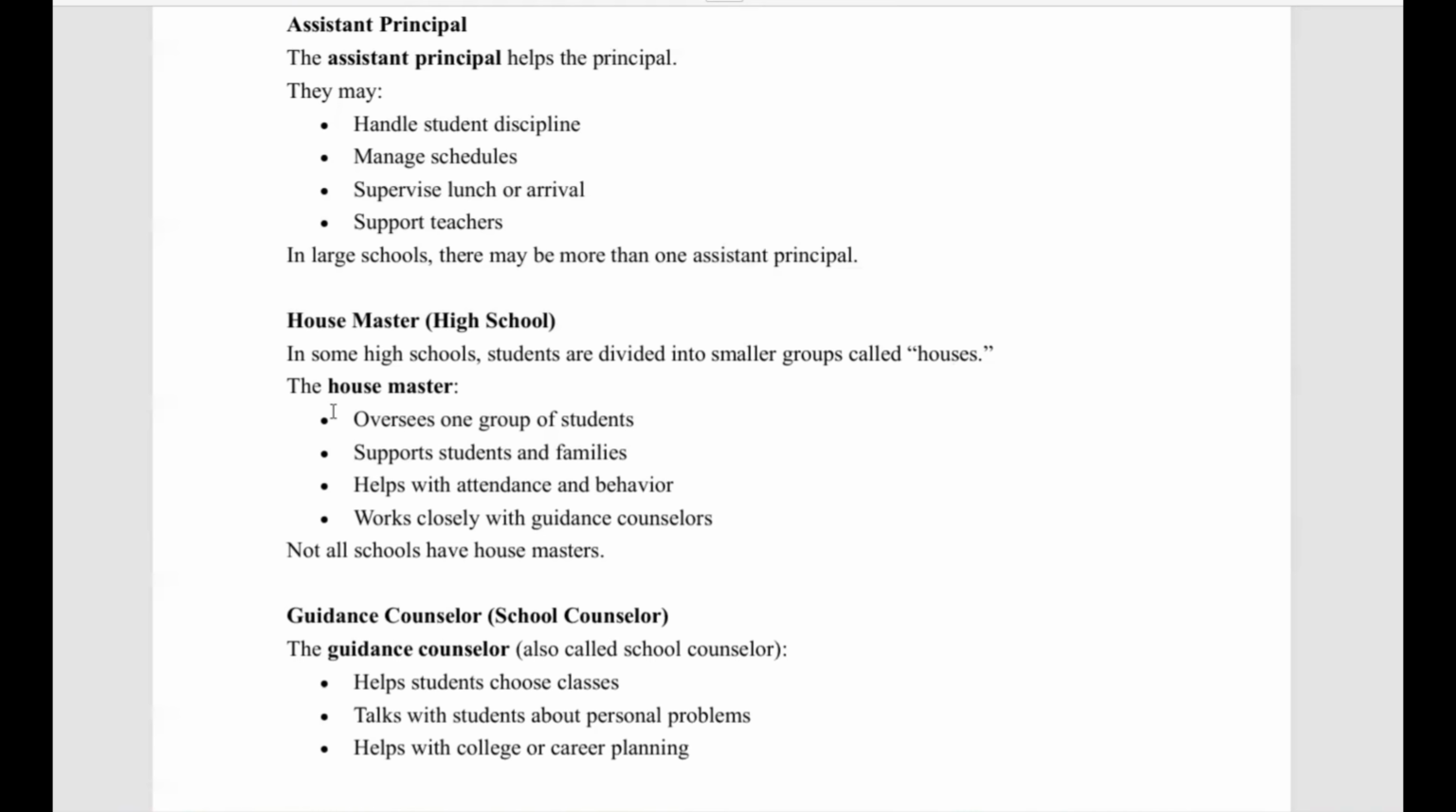In some high schools, when they're divided, there's a house master, an assistant principal for each house. A house master oversees that group of students in the house. They support students and families, help with attendance and behavior, and they closely work with guidance counselors. Not all schools will have house masters. Now, also,